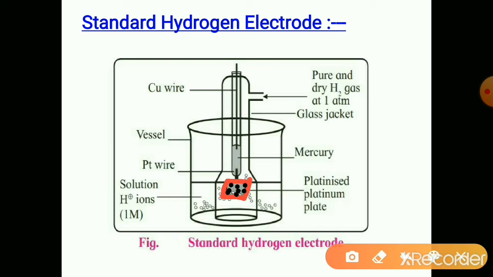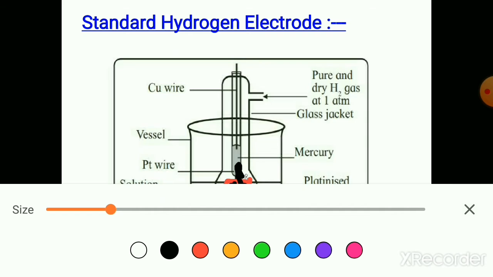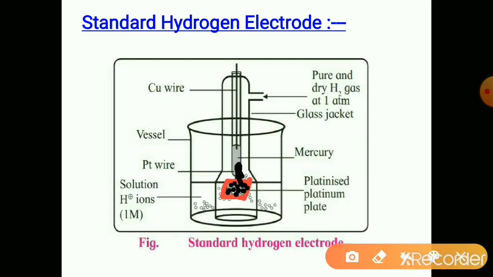This platinum black increases the surface area for the reaction to occur. So this platinum plate is coated with platinum black, and it increases the surface area for the reaction to occur. And this platinum plate is fused to a platinum wire, and later this platinum wire is connected to a copper wire,